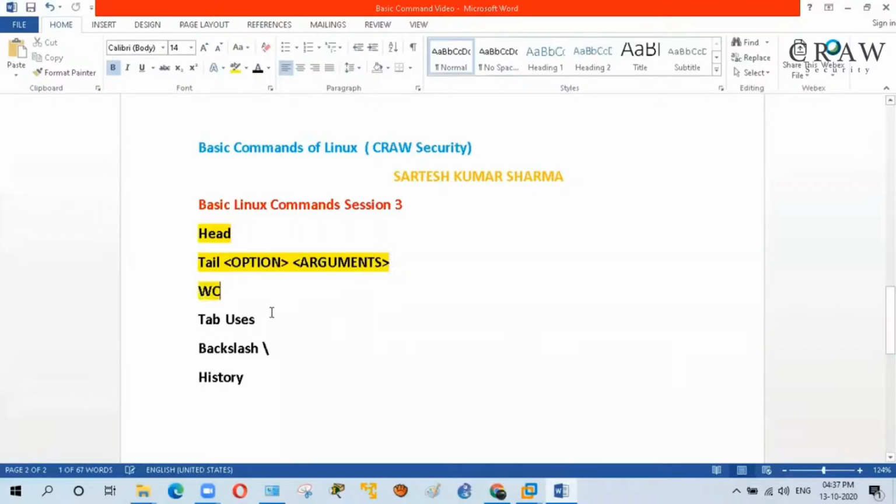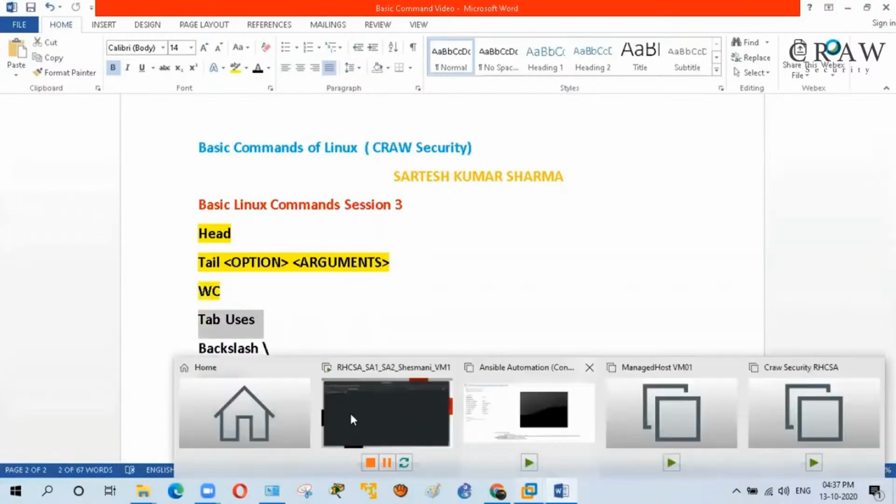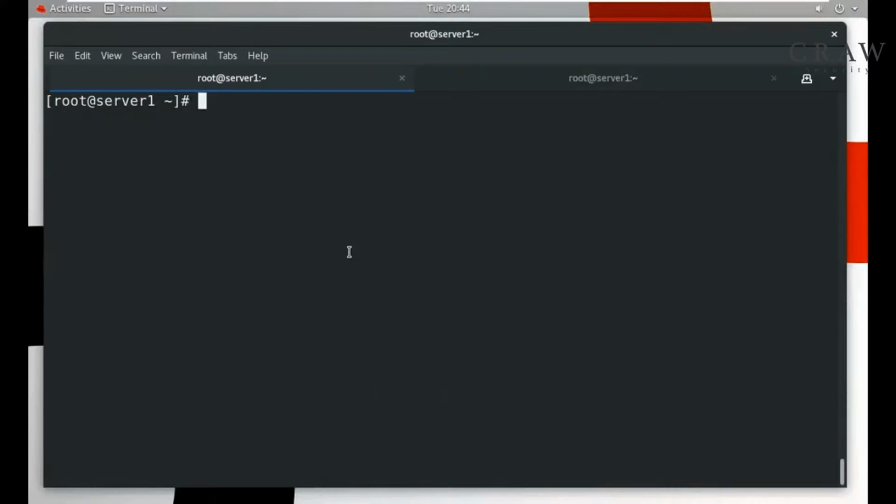Then I will perform this one. What is the use of tab? Tab is used to provide help for any user. Suppose a user forgets the whole command, but he recognizes some of the starting part, so he can use tab. Suppose